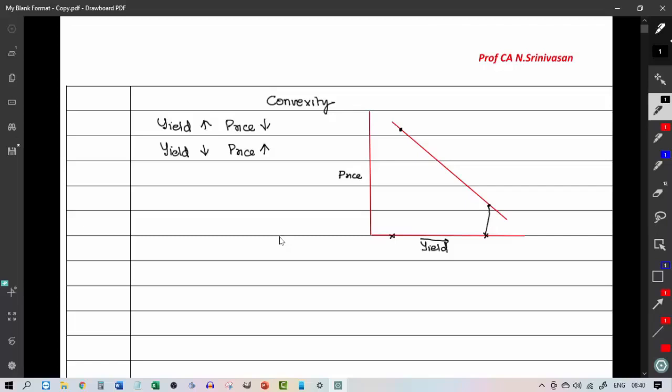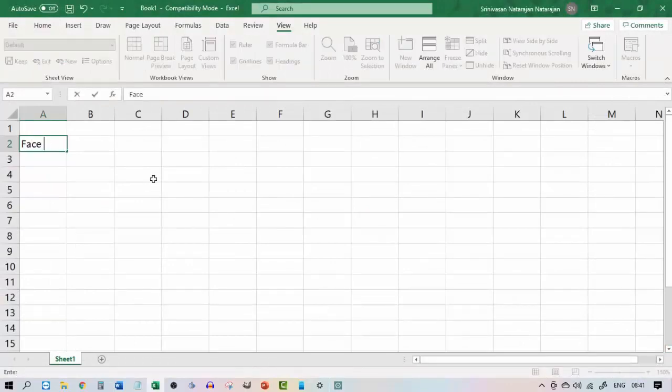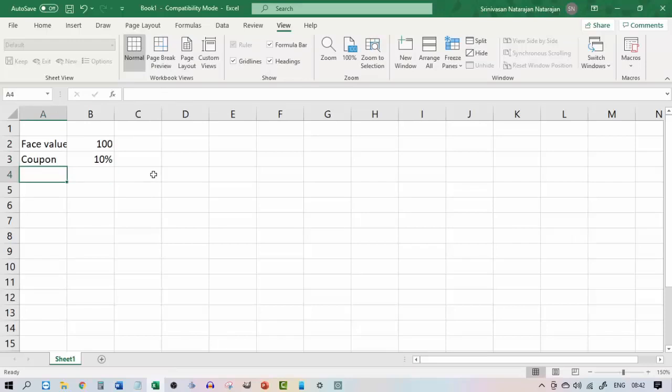The line which we have shown on the screen, this yield curve, is not a straight line. It's got a curvature to it. Let me prove it to you first. Let's take a bond which has got a face value of, let's say, 100, and let's take a coupon of 10%, and let us say the term of the bond is, we can take a fairly long period of bond to show the curvature. Let's take 20, or maybe we can take 30 years.